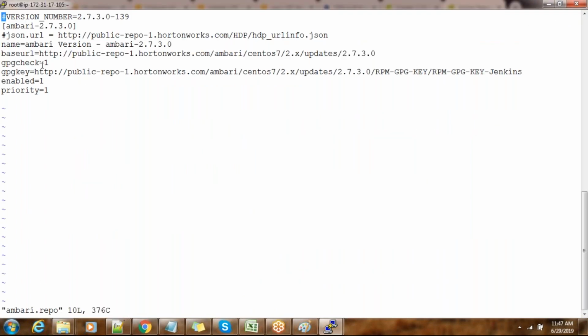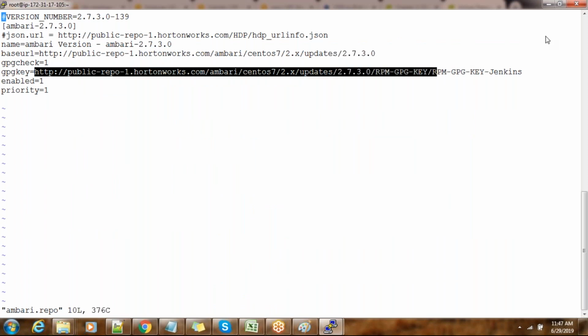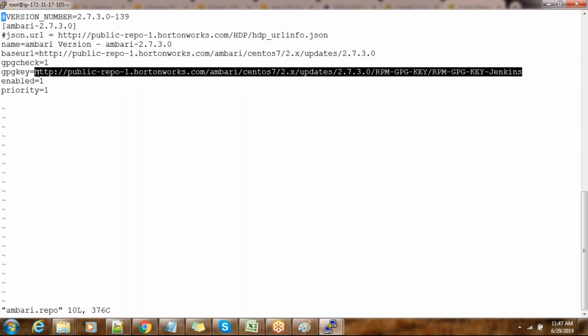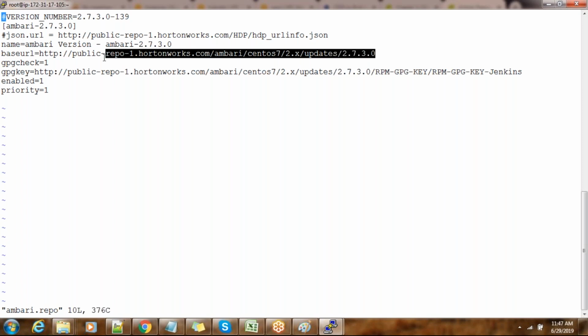And the GPG key is nothing but an option for the package integrity check. GPG means there is a file to check whether the packages we are downloading from this repo are correct.